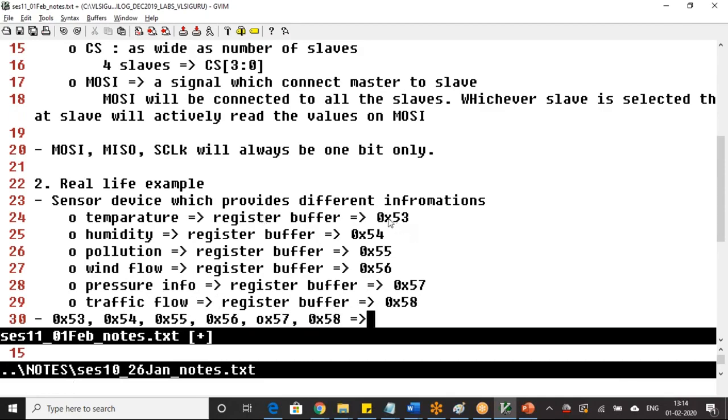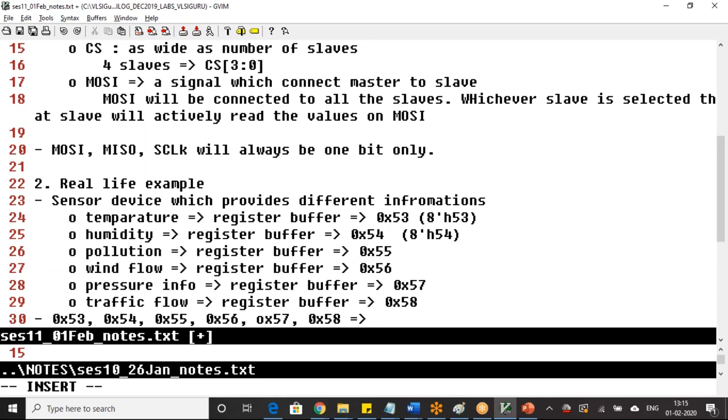You may ask, what is X? X is nothing. It is as good as writing 8'h53, or 8'h54. Do not get confused with the terminology X. In this case, X essentially indicates the hexadecimal convention only.